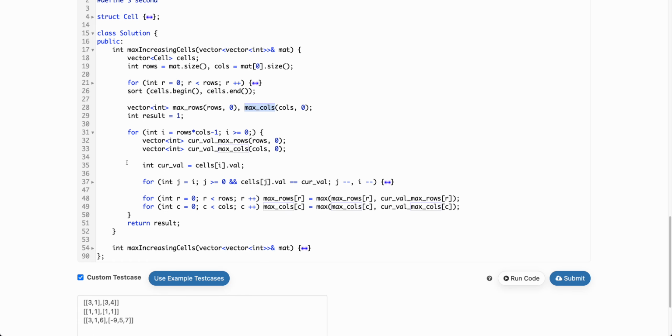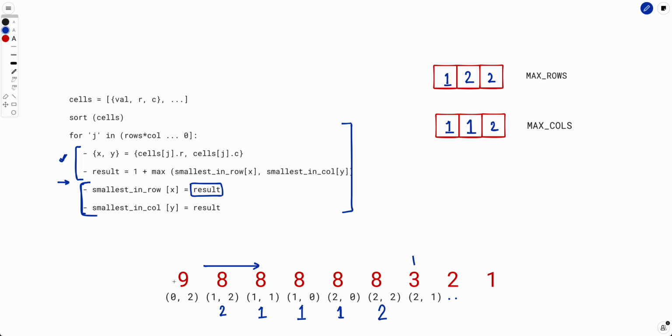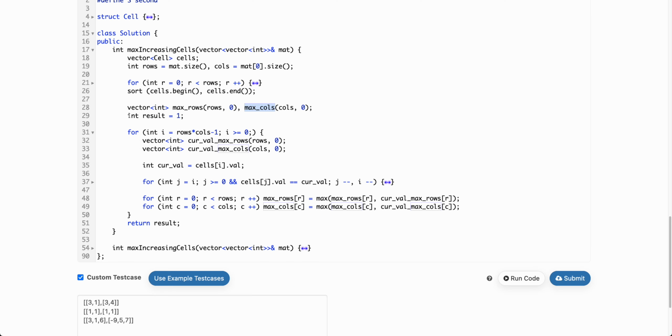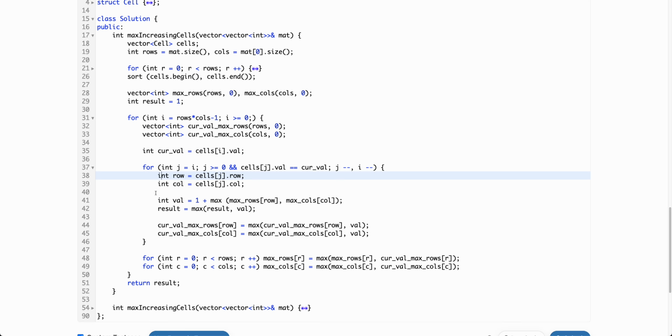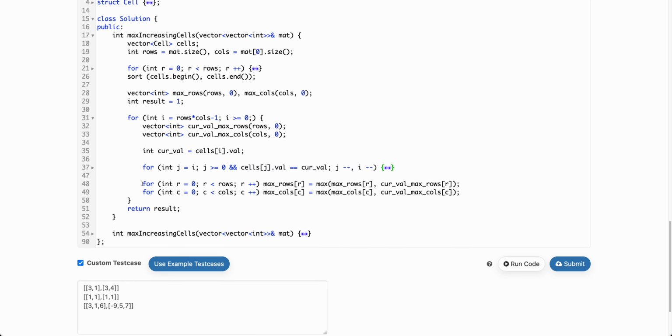Now inside this, as we already know, we need to iterate over all the same values in a single shot before updating max rows and max columns. So what you could have done is create a local max rows and max columns, and update those while iterating over the values, right? Now after this entire thing is done, you could say that okay, I will go over all the rows and all the columns and update the max rows and max columns now. Now this solution